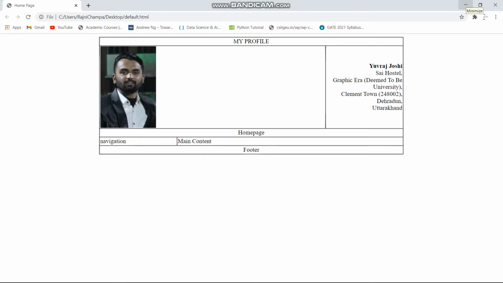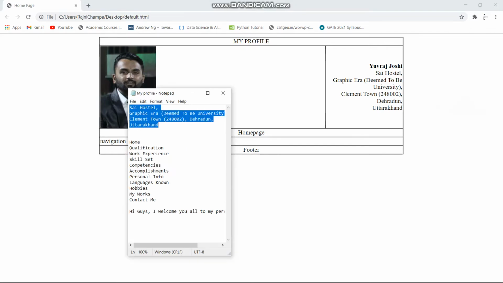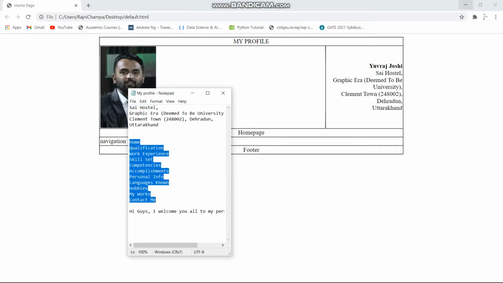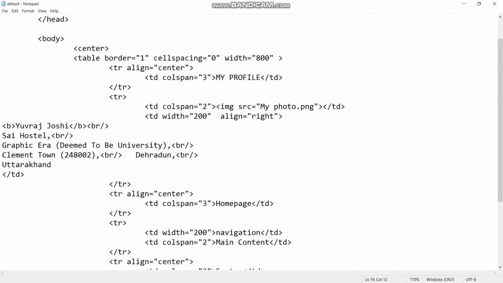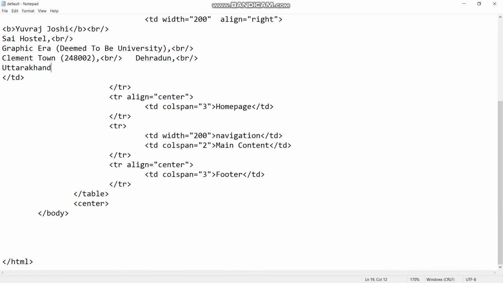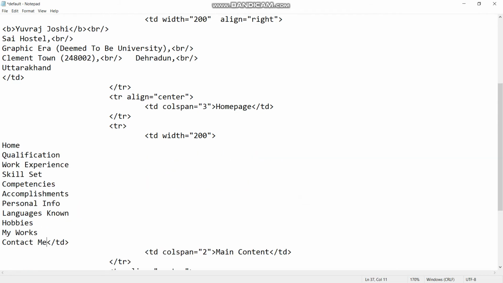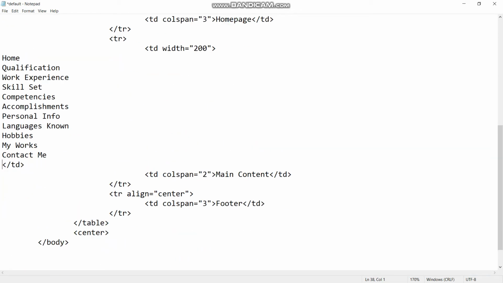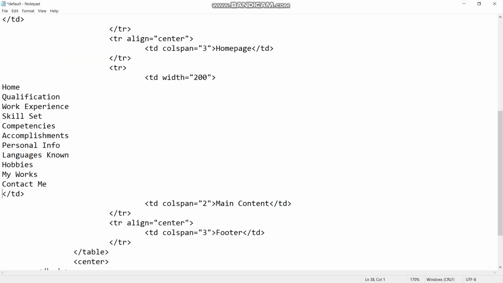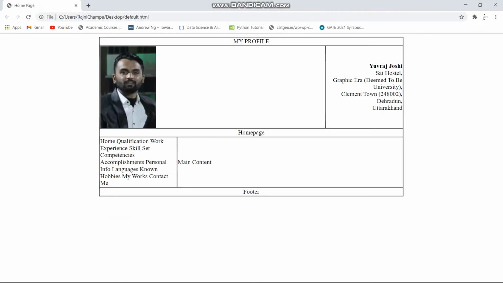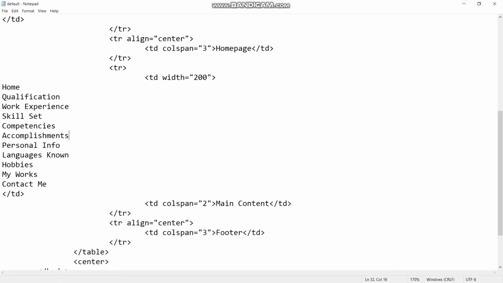Now for the navigation panel, I will give all of this and try to create a link for each one of them. So at the navigation, I just copy and paste the similar thing what I have in another notepad file. Save, refresh, and it is a bit clumsy. So I will do the similar thing what I did earlier.